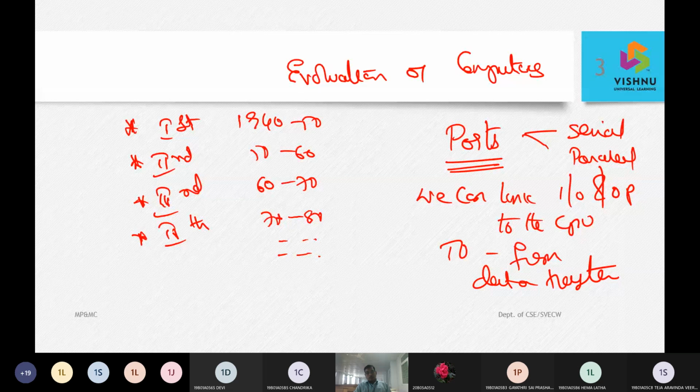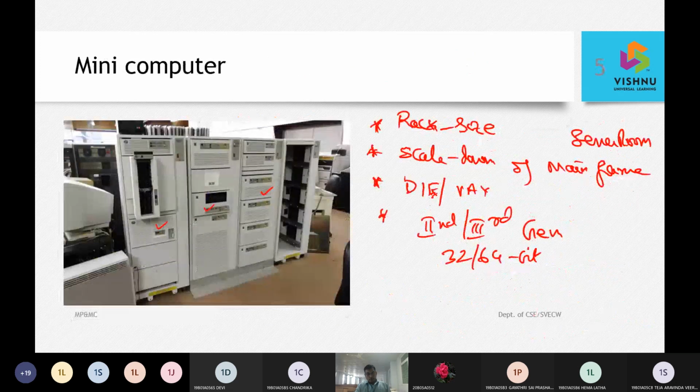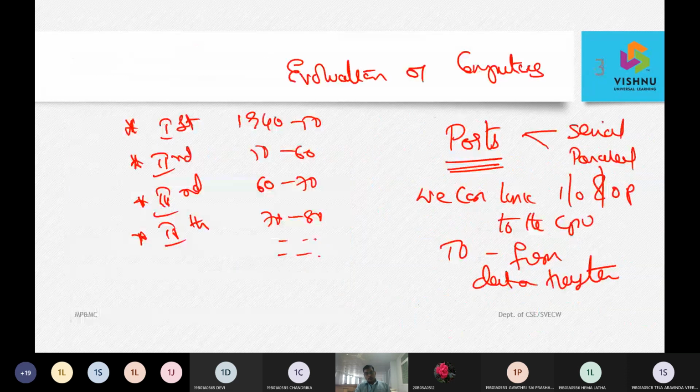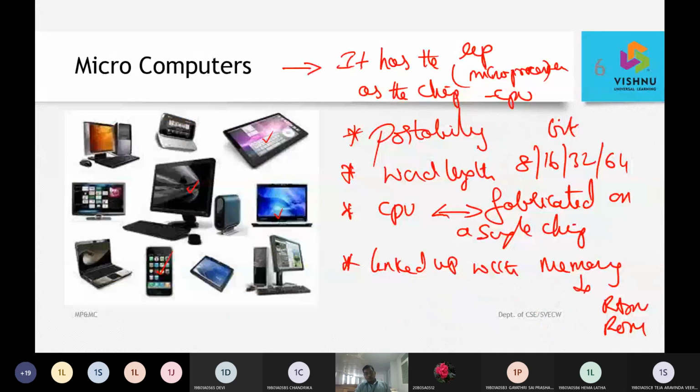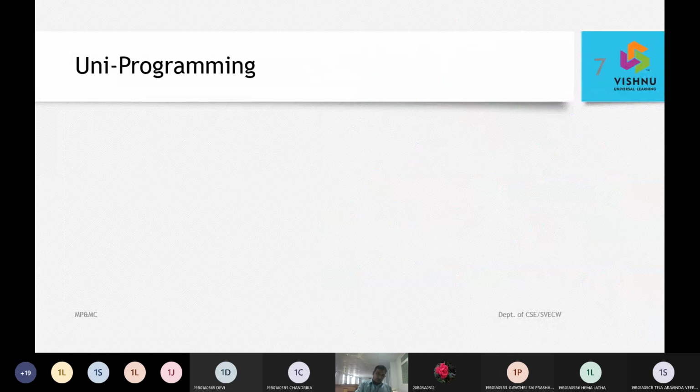And the next thing was, we can't directly connect a component to a CPU. We have to connect it to the port, and from that port the data will be migrated. So ports are positions where we can connect the input and we can connect the output. So that is all regarding the first way of presenting you the types of computers. So we presented you the basic types of computers with the mainframes, with the mini computers, and with the microcomputers, etc.